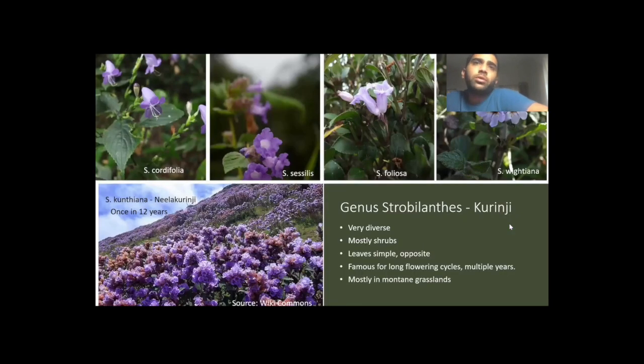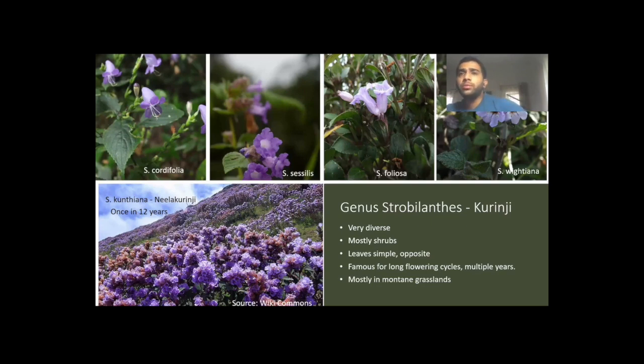Okay, so we spoke about some trees of the Western Ghats. A few other interesting groups which at least you should know about. You may not be able to ID all of them, but at least know about them. So Strobilanthus kuntiana, which is the Neelakurinji, is a really famous plant from the Western Ghats. It's from the genus Strobilanthus, and it's mainly famous because once in 12 years they flower all together, and